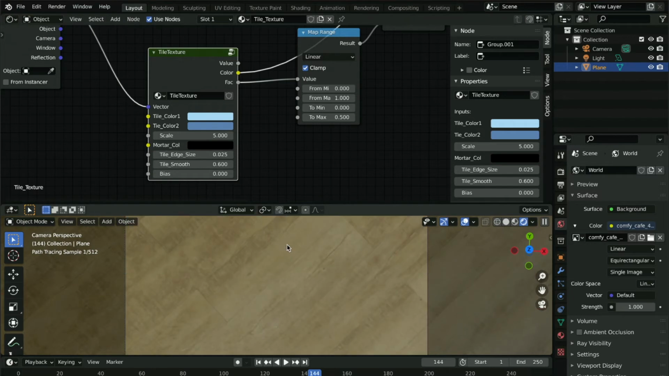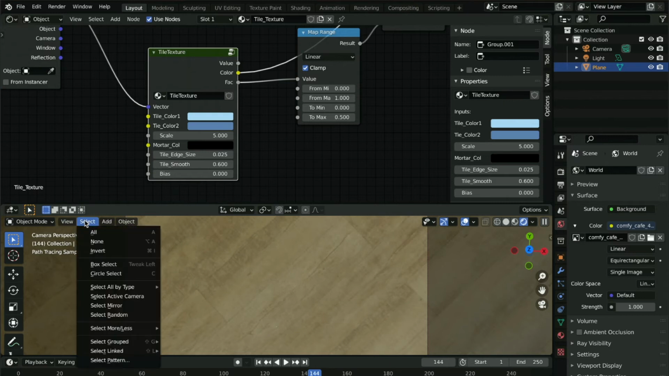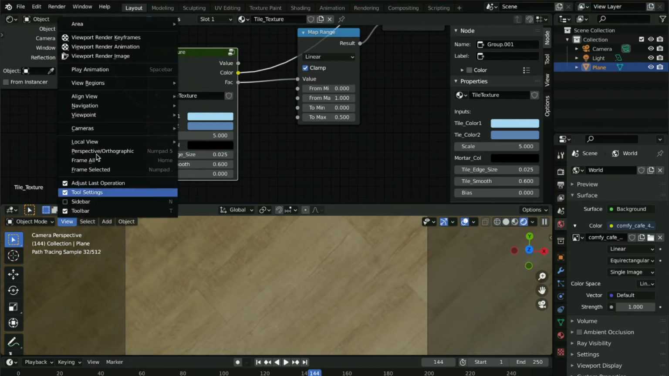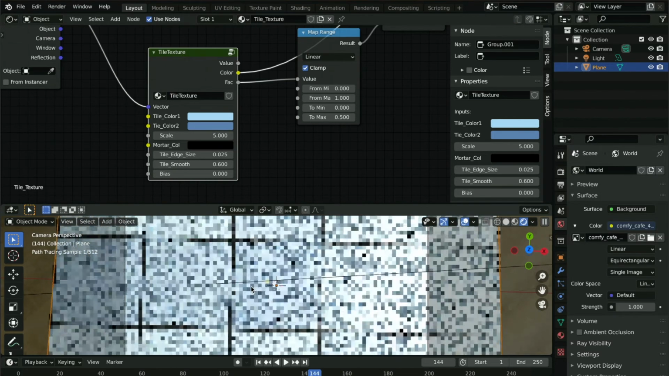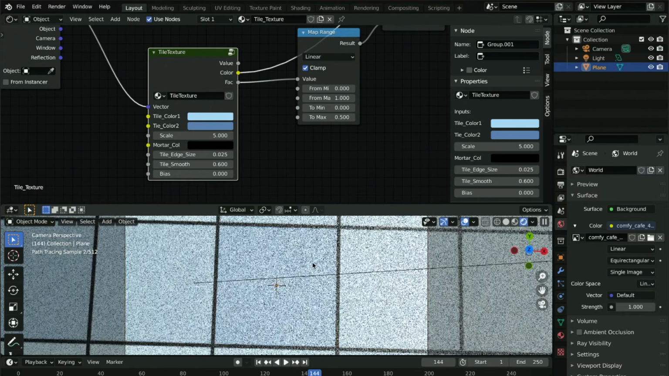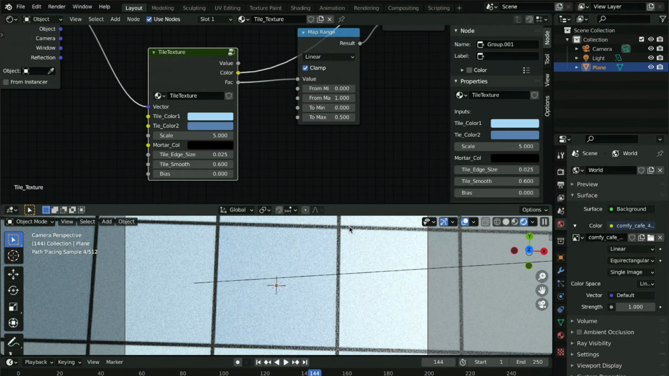Okay, cool. So let's say I want to adjust this, and I want to go 0.025. Oopsie daisy. Okay, let's try that again. So frame selected. Don't want to zoom too much in. Just want to get a bit more in there. All right, and now you can see just by adjusting the edge size,